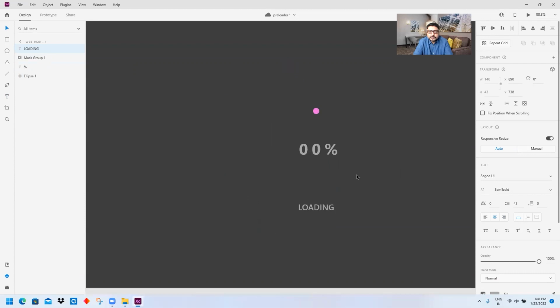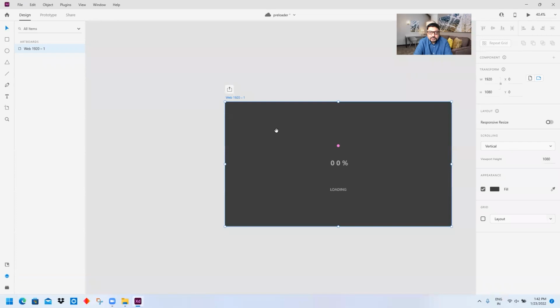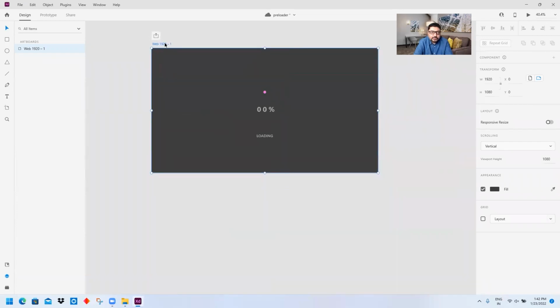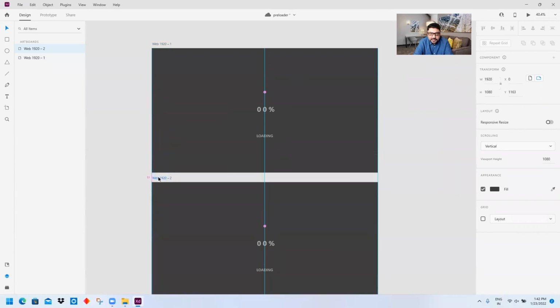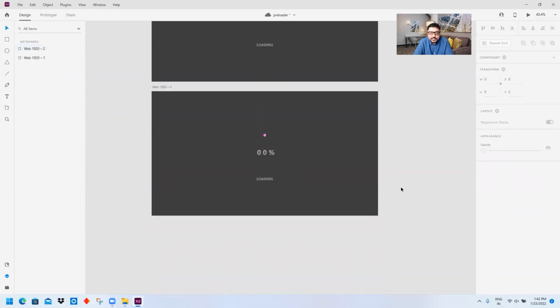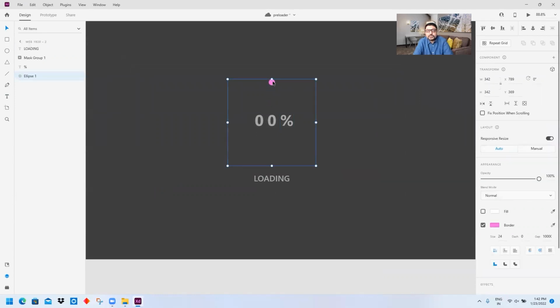Let's reduce the size of the artboard a bit. I will press Shift and Alt and drag another artboard with all those settings intact as the next one. Great. Let's now go to the next artboard. In this artboard, we have to give the final position of the animation so that it starts from the first artboard and goes to the second artboard with all the things animating.